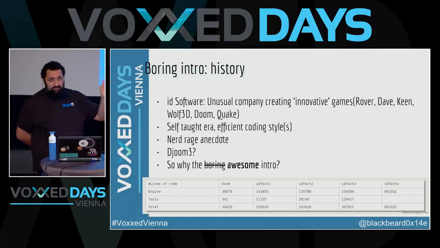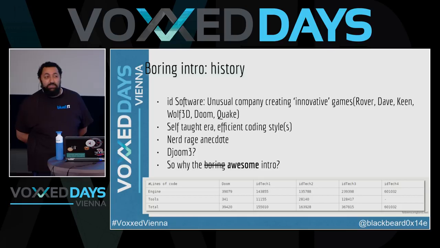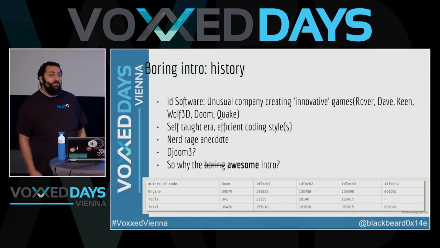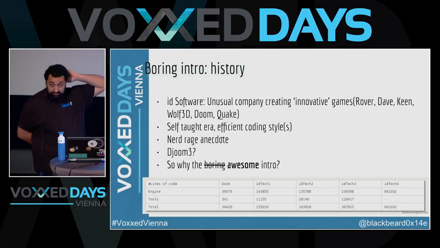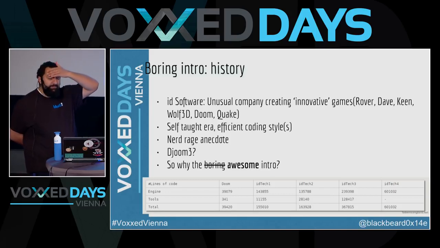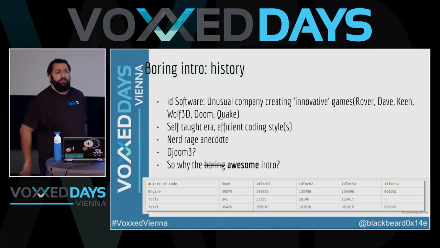From the 90s. Anybody here lived through the 90s, prior to Stack Overflow? People just reinvented the wheel all the time, and interesting stuff came from that. You see a lot of that if you look at source code like this, or Linux kernel source code, or any source code that's existed for a long time. To demonstrate that, I have a nerd rage anecdote that's nothing to do with me. Back in the 90s, after they released the source code of Doom, people were looking through it and code reviewing it.